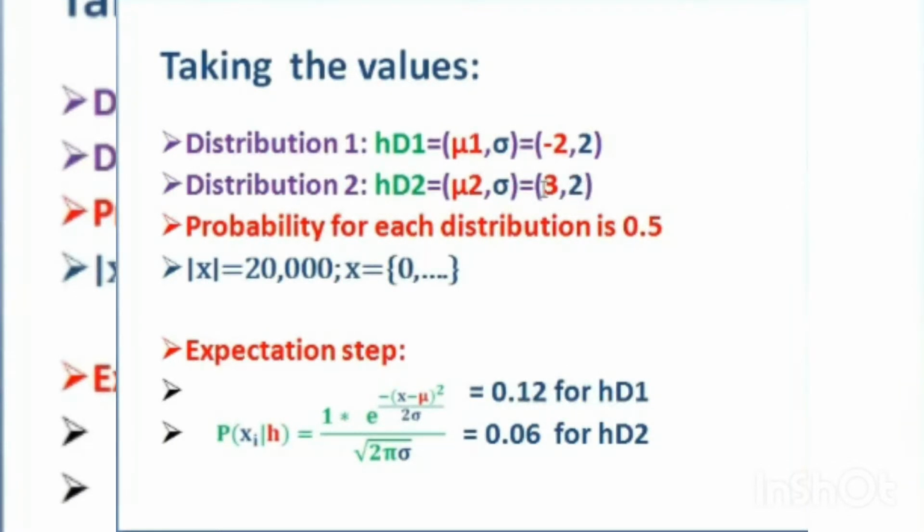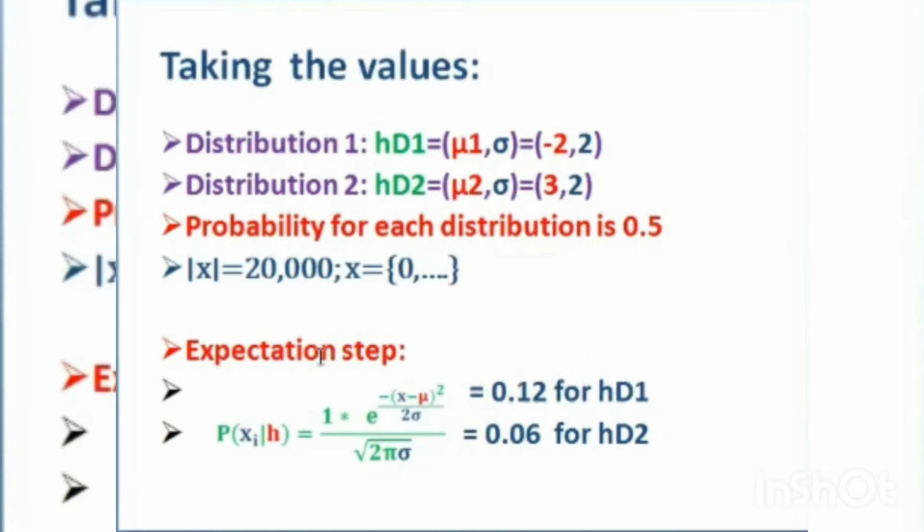Okay. So what are the two questions? I mean, what is the problem in the question given? Two distributions are given whose values mu1 and mu2 are varying, whereas sigma is the same. Okay, these are the inputs given, and the probability of each distribution is 0.5. The limit for the m value should be known, no, that is given here. X equal to 0, and so on to the maximum limit of 20,000. Maximum limit is 20,000 is given.